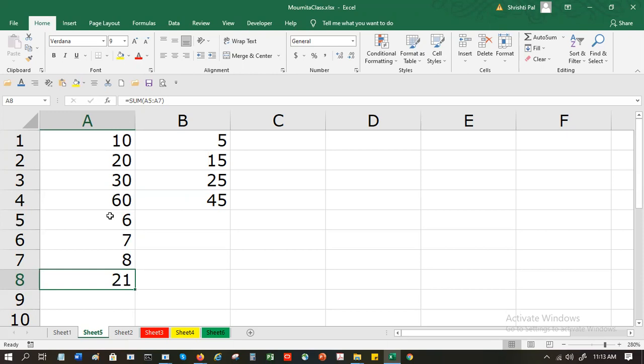Now, if I have data like this, let's say I have an Excel sheet like this, and I'm sure you have a lot of Excel sheets with a lot of data. If I want to find out which are the duplicate values, how will you do this? Suppose you are given a sheet and you need to find the duplicate values. How will you do it?